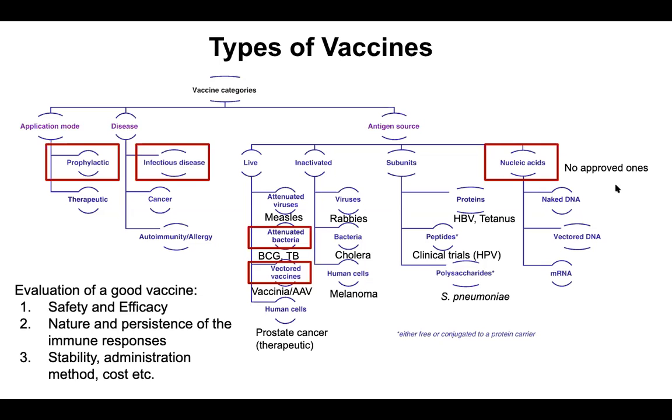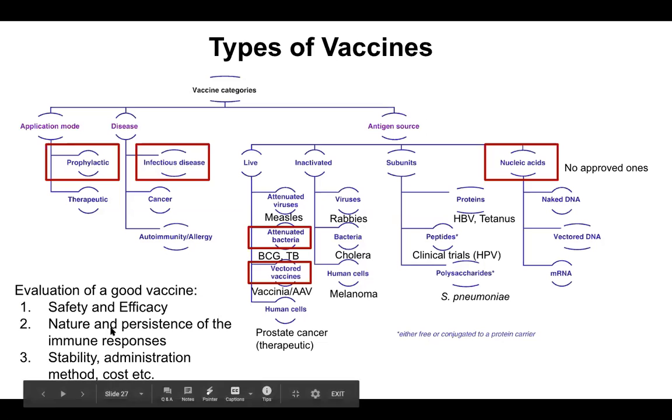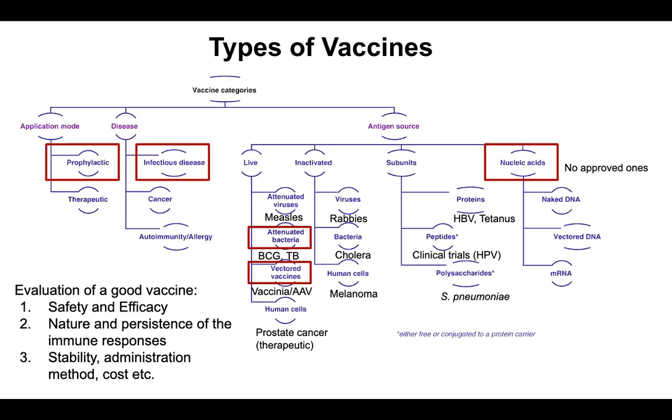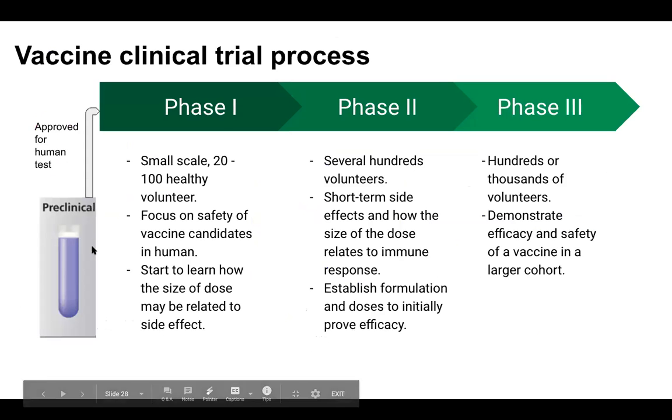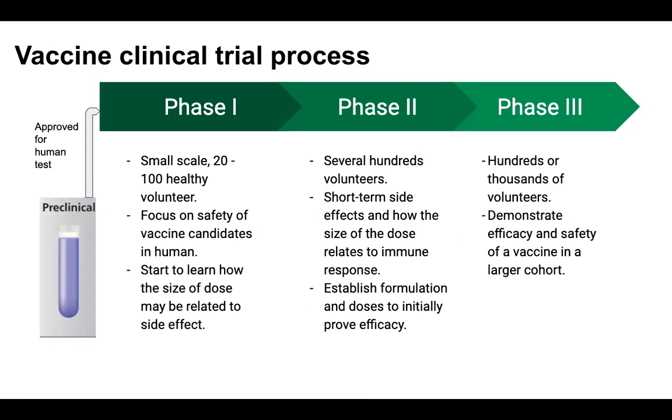There hasn't been an approved nucleic acid vaccine. This is a relatively new technology, but it has some interesting promise. And then the other one is basically if you take away virus parts, either parts of the protein, like the spike protein, and try to induce an immune response like that. But a good vaccine is going to be safe, effective, and induce an immune response that persists over time. And then you have all the things like, is it stable and easily distributable? So the vaccine trial process